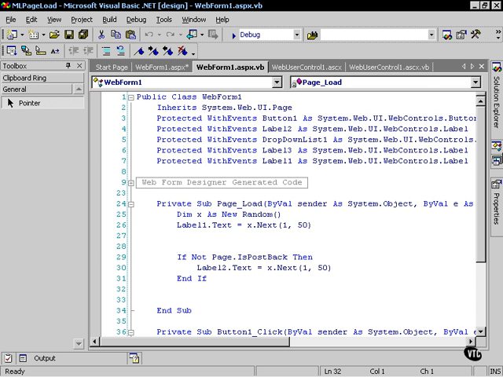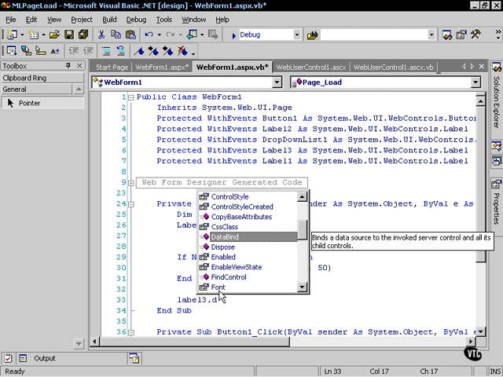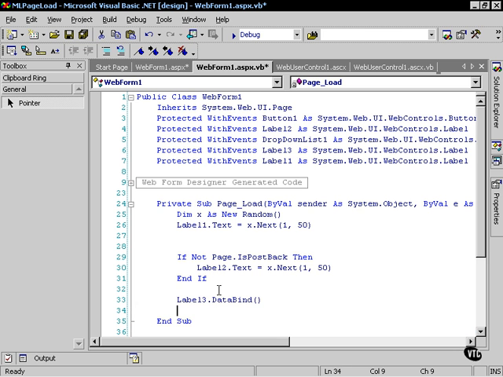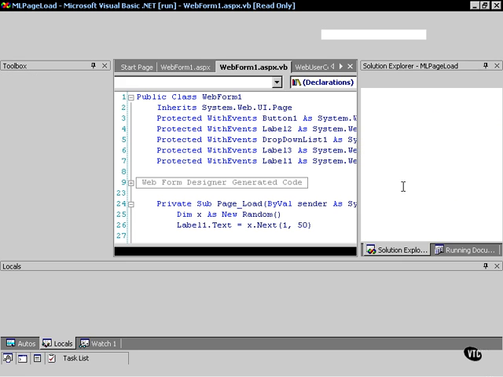and this is back here in the back of my web form. And this is in my page load. There's a method called data binding that I need to do in ASP.NET to allow these things to be bound to each other. So in my page load on this page, I'm simply going to type label 3, that's the name of my label, and then call data bind. And this says that when this page loads, label 3 is bound to something. Go ahead and take care of the data binding. Set that up. Now, when I run this,